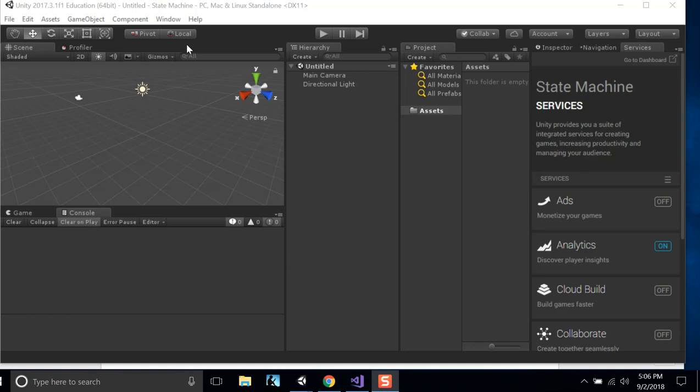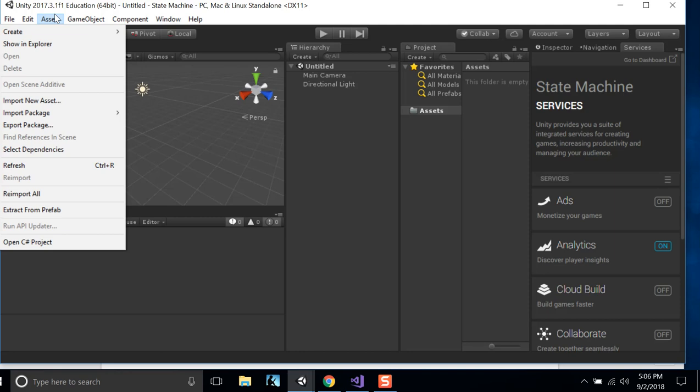Hey, Dr. Dan here. We are going to be implementing a state machine based AI in Unity today. So, first thing we're going to do is take full advantage of